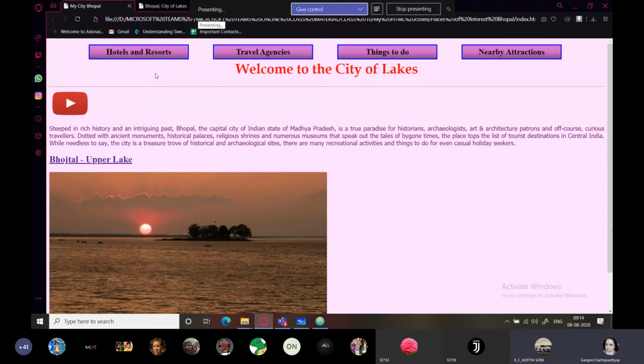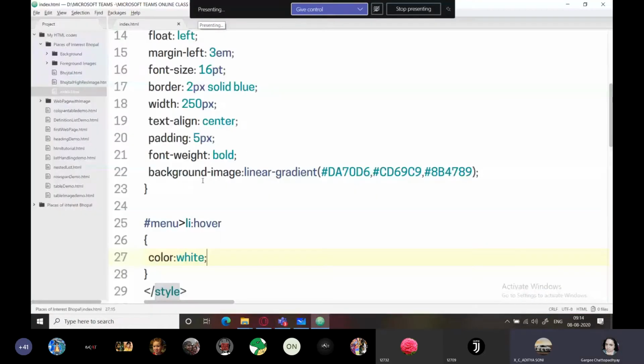Ma'am, I got disconnected. Can you once again explain the linear gradient you just did? Along with a background image, you just need to use the background image property of CSS. Instead of giving any image to this, you can create a gradient using any three colors. So we have two options, linear gradient as well as radial gradient.